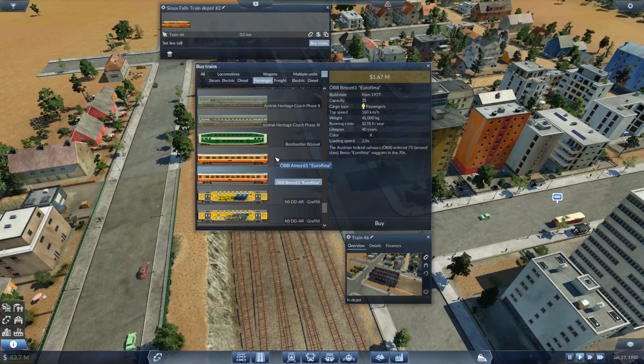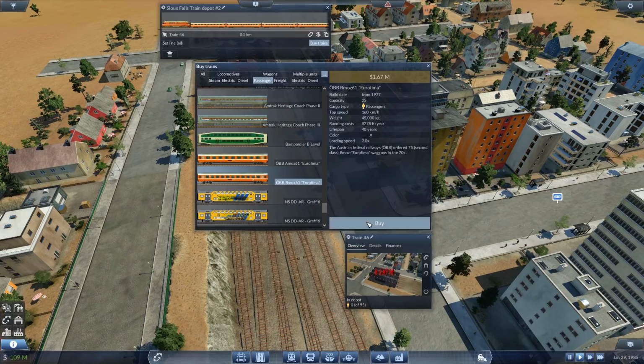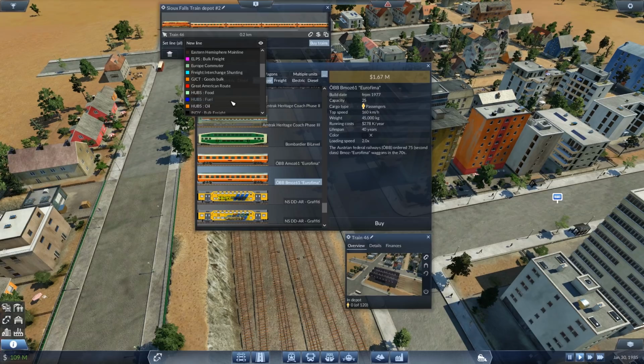Is there any noticeable difference? Oh, this is first class. Oh, okay, right, all right. So we'll have a first class, and then we'll have 1, 2, 3, 4 of the second class. The scale looks to be a little bit different. Let's buy one. I've already bought that one. Well done. And then let's put that on the